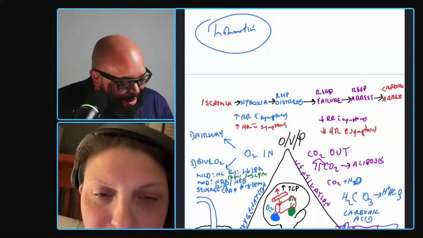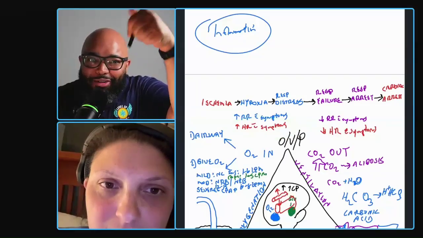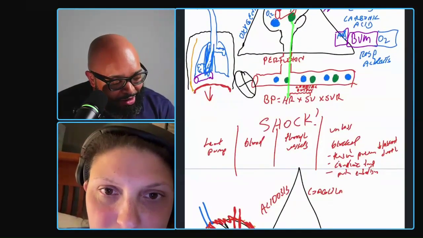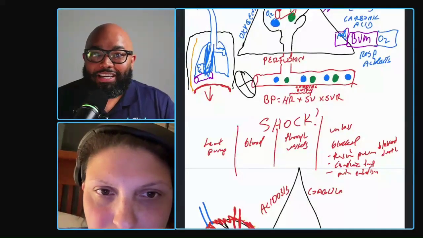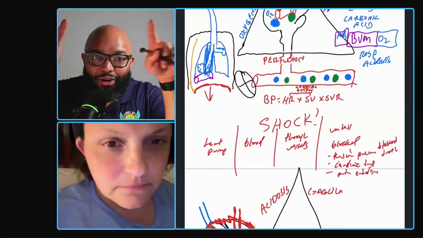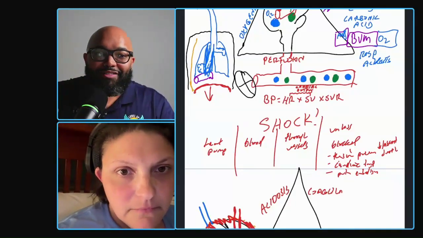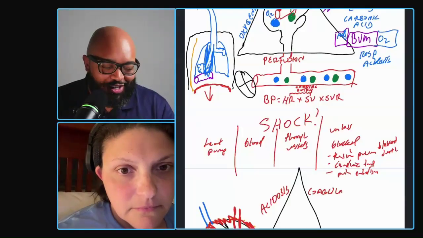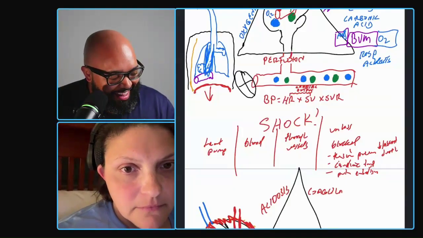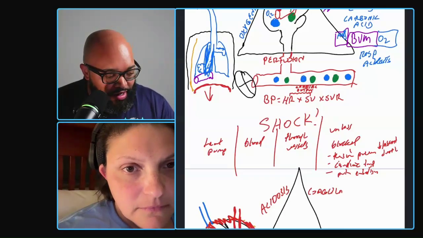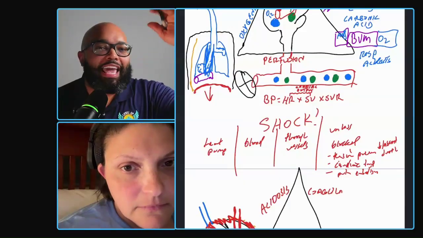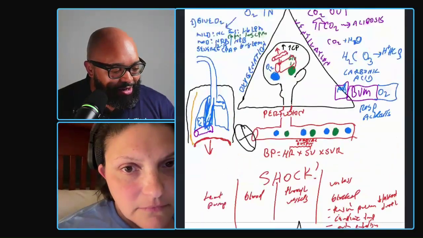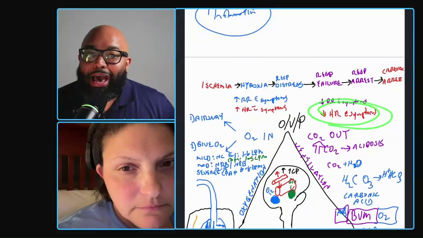Okay. Now, wait a minute, as we keep increasing the heart rate, what's going to happen to the stroke volume? Decrease. Lower. Okay. So they already were not pumping much blood because it's not in the heart. It's actually on the outside of the heart. But as the stroke volume decreases even more, now they have even worse perfusion. So the heart tries to keep compensating by going up even more. But eventually the heart says, I can't do it anymore. You're stressing me out. So now the heart rate starts to go down.